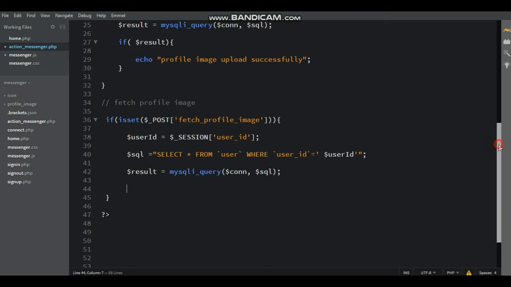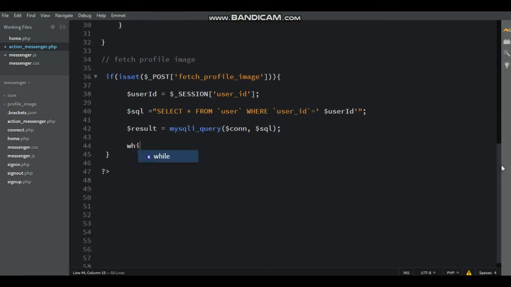Here fetch the profile image using while loop function.